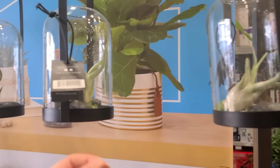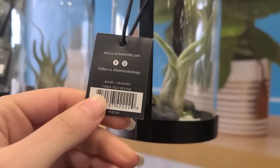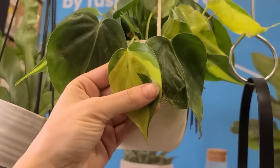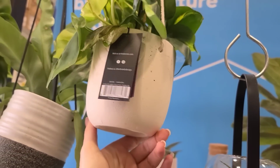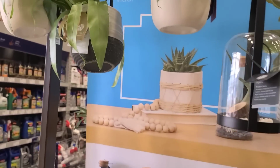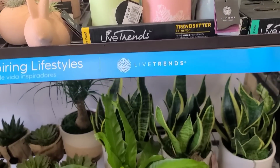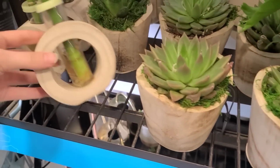We had some really cute hanging displays for air plants over here for $17.98. These are also from Live Trends, and I'm really into the look of that. I thought this Brazil leaf was really unique and pretty in one of these hanging planters again here that I think is really cute. Everything is just really cute. So there's that. We still have some little bunny air plant holders over here, more ferns, some succulents, and then